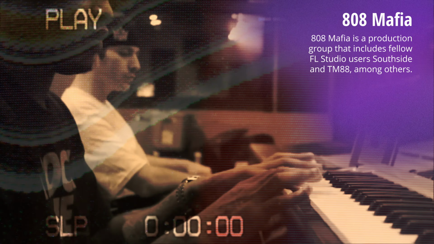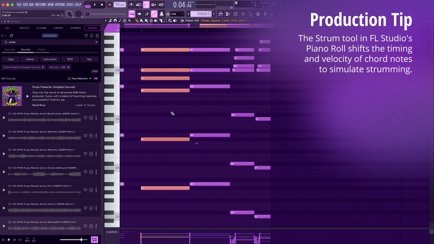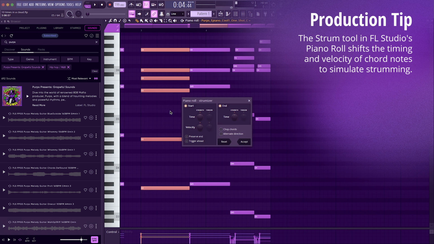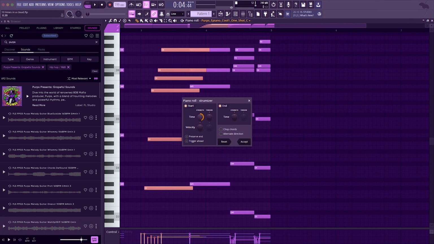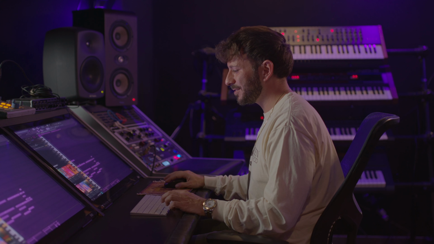Also, this strum is an amazing feature that does not get really talked about in FL Studio. You literally highlight it and you hit Option S and it will strum for you. You can do these weird strums. You can go as long as you want. Any type of strum you want. I draw these chords in. And I'm like, okay, these are not so big sounding, and I'll copy these and just make a bunch more.